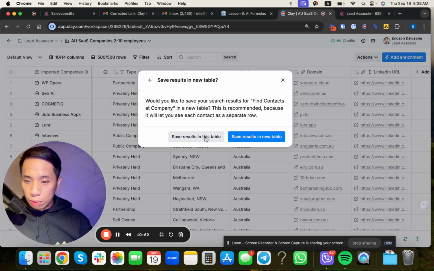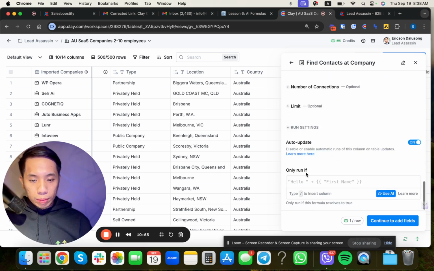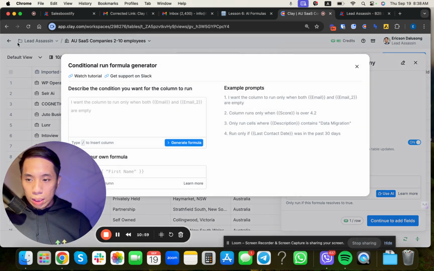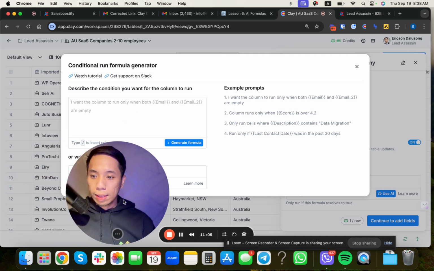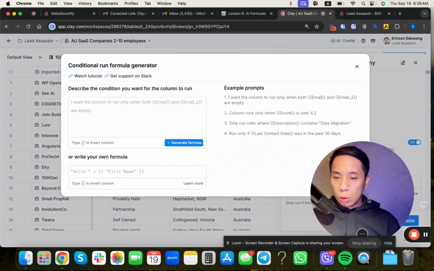So this is how you can use it. So in this section right here, only run if, you just have to describe the condition you want for the column to run. So you also have the option to write your own formula, but I don't use this because I don't even know how to write a code.